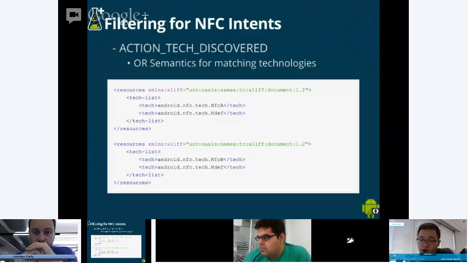If either of them matches, your application can serve both of these NFC cards. So if you need to use the "and" semantics, this is how you define the tag list.